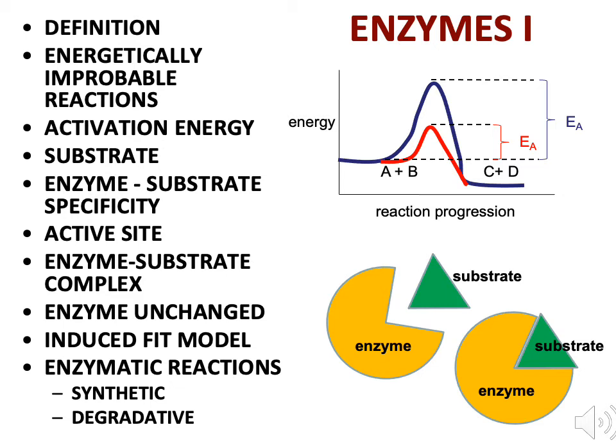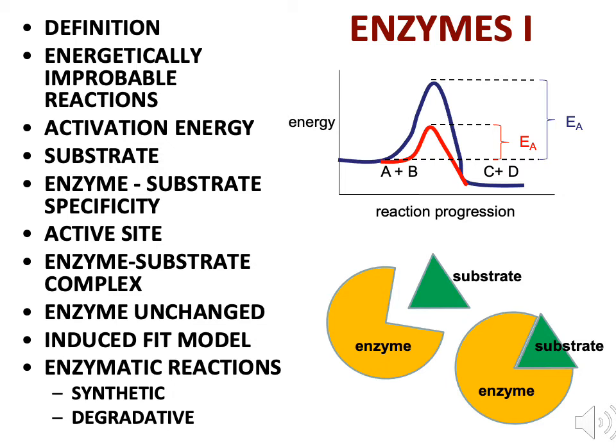And if I take a look at the blue line, it indicates the amount of energy that is present when that reaction occurs. I notice that the energy of A and B is relatively low, but then I notice I have to supply a significant amount of energy in the form of that really, really tall hill represented by the upward curve of the dark blue line. That is activation energy. And you see it's bracketed as E sub A over on the right.